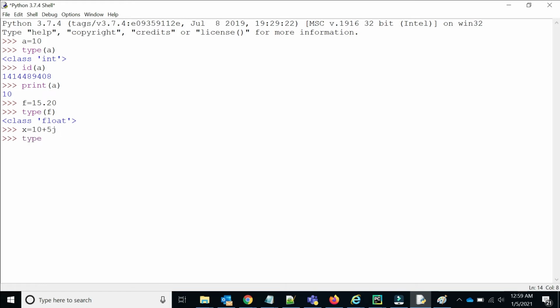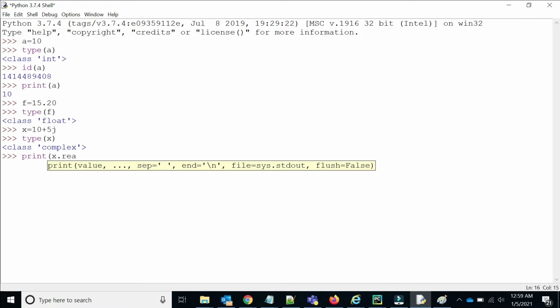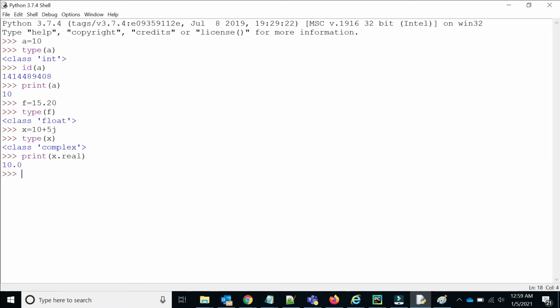Now if you see the type of x, this is the complex data type, and if you want to print the real part, x dot real will give the real part. How will we get the imaginary part? Print x dot imag, and it will give the imaginary part.